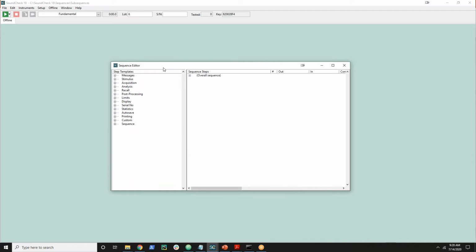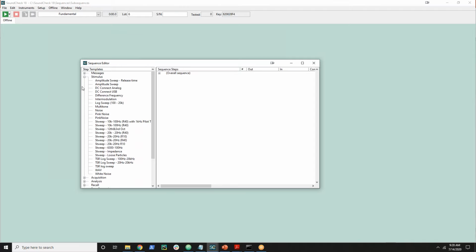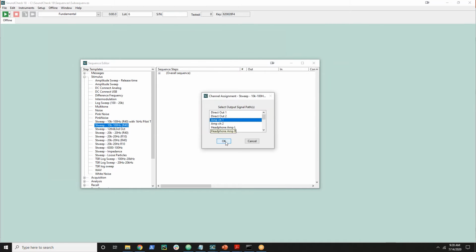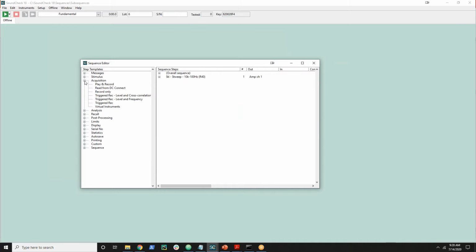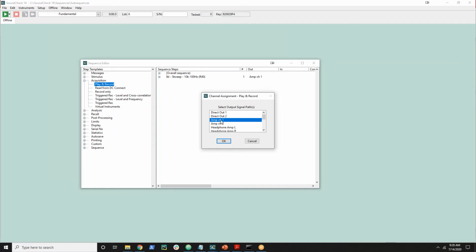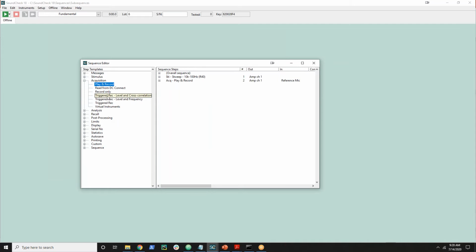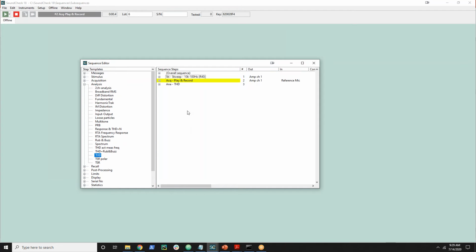Here we go. I'll quickly put together a test. We're going to go out of my amplifier to the stimulus, record in on my reference microphone, and drop in the THD template. So I save the sequence. If I run it,